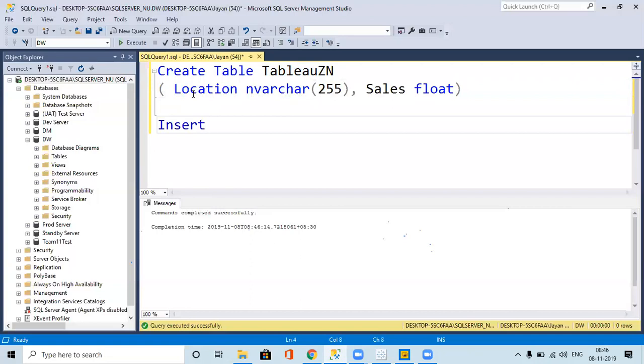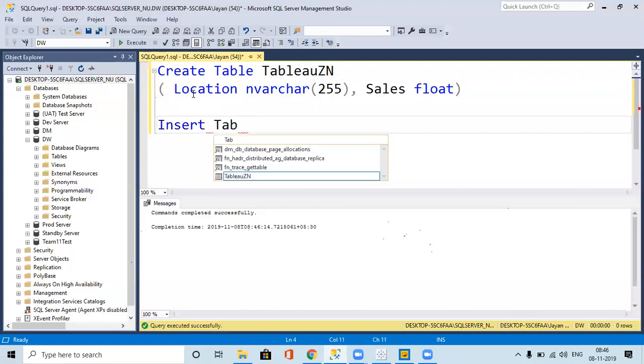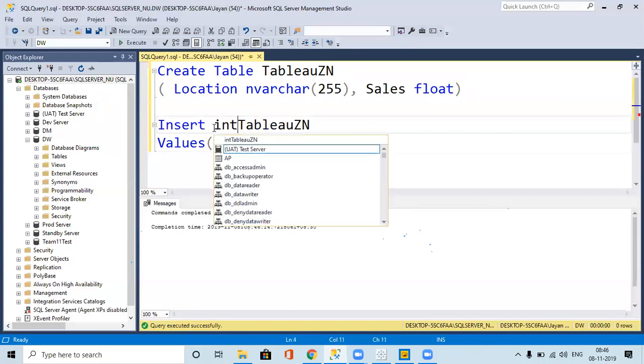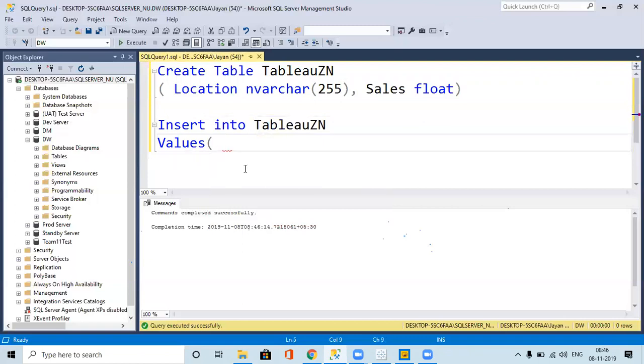Insert values directly I can give. Okay. Insert into table name values, so assume location, we'll give like Bangalore, and let's give some value.